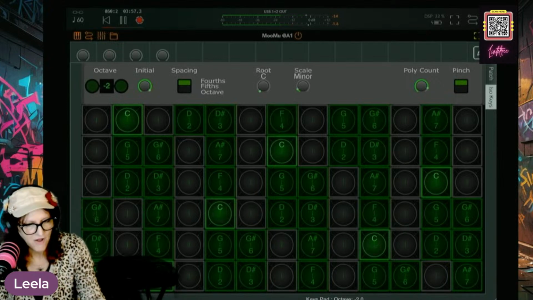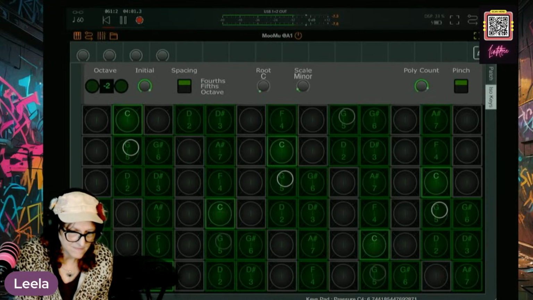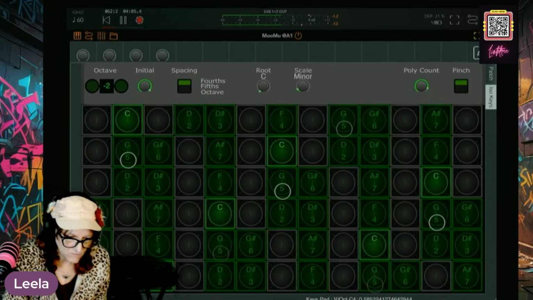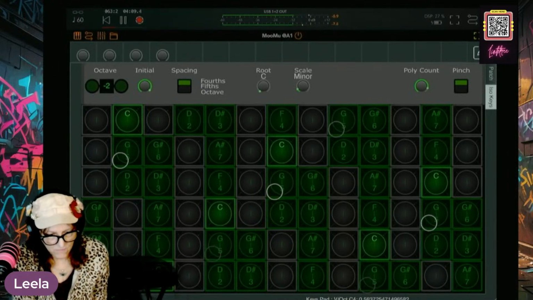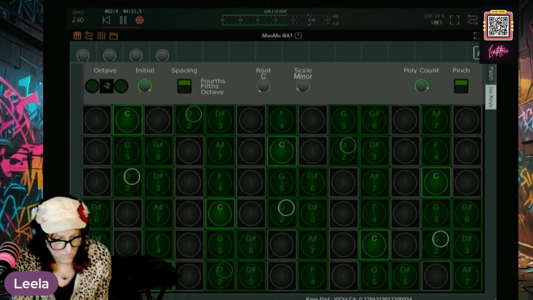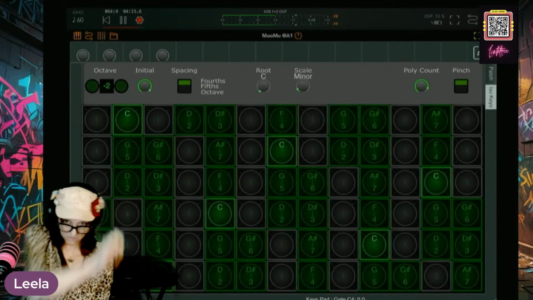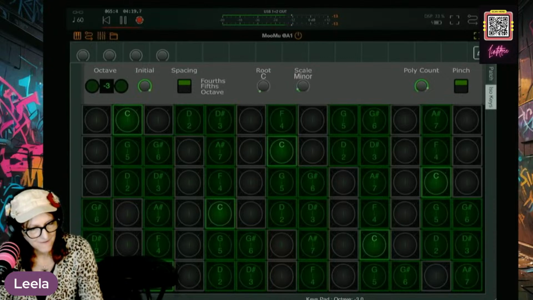Now we bring down the octave. Nice. Bring it down again.